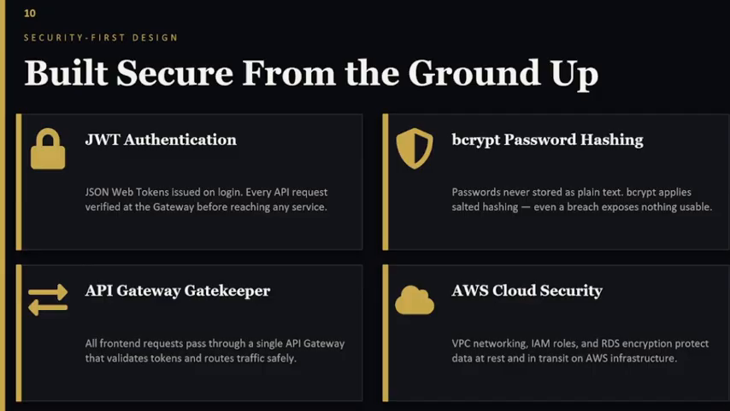Security was built in. One, user authentication with JWT tokens. Every request is verified at the gateway before reaching any service. Passwords are hashed using bcrypt, so even if the database is breached, nothing is readable. On the cloud side, we use AWS VPC networking, IAM roles, and RDS encryption to protect data at rest and